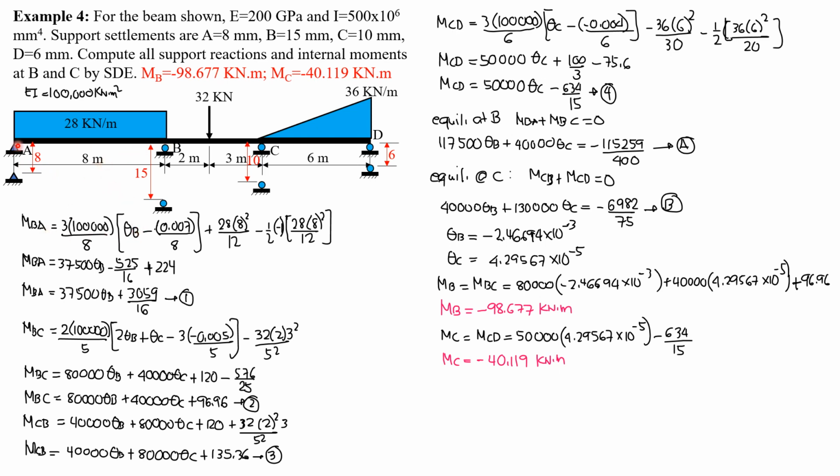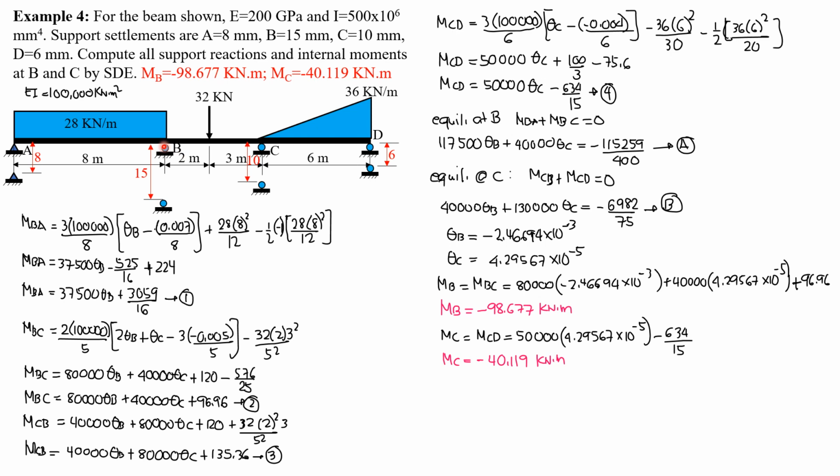So MBA, because the far end A has zero moment, is 3EI over L, so 3 times 100,000 over 8, times theta near, which is theta B, minus, because the rotation of AB in the settled supports is clockwise, delta: 7 mm, 15 minus 8 is treated positive, 7 mm is 0.007 over 8. The formula is minus delta positive 0.007 over L over 8, plus fixed moment at B,